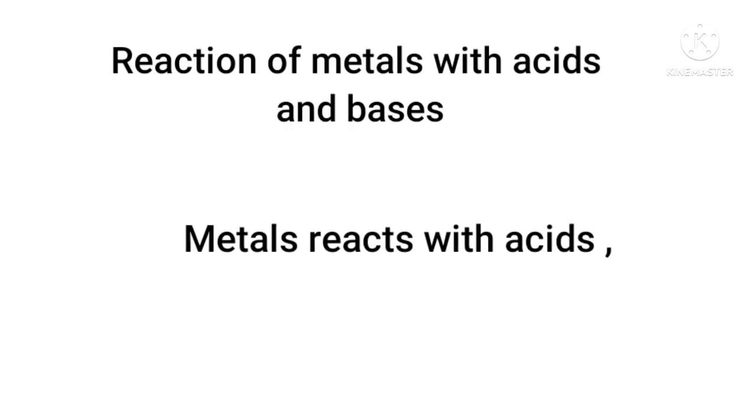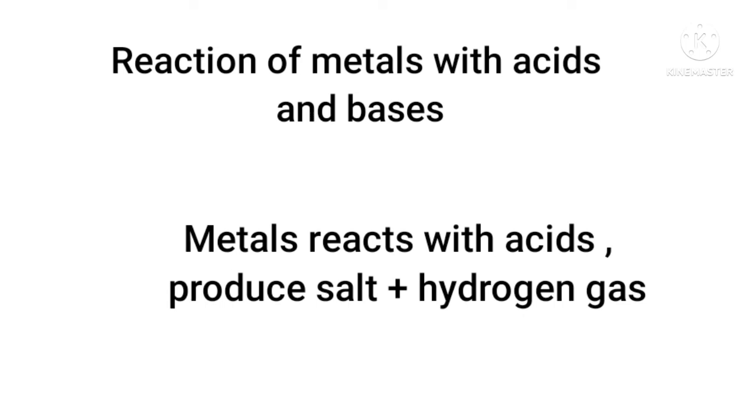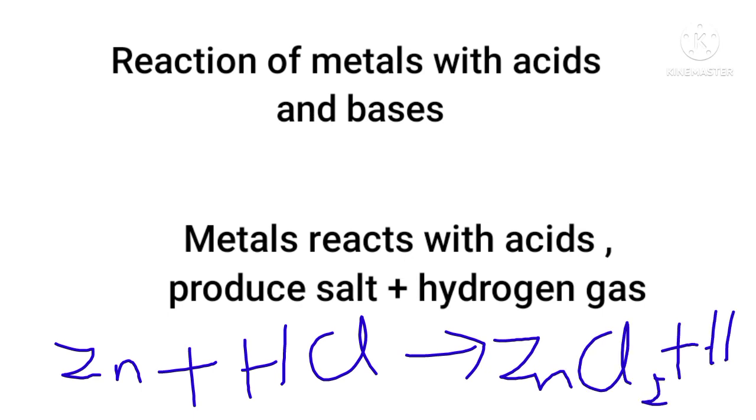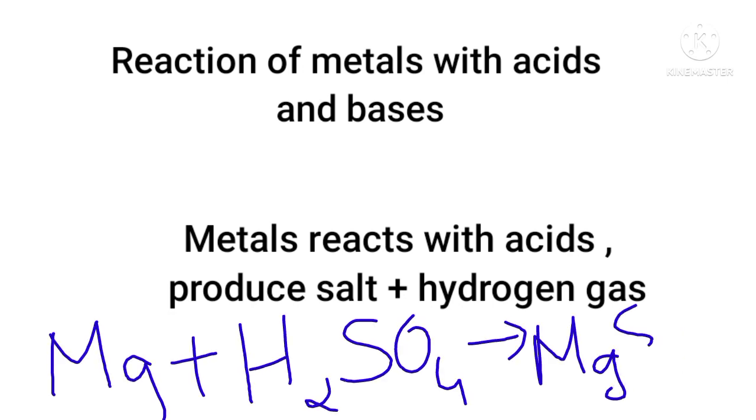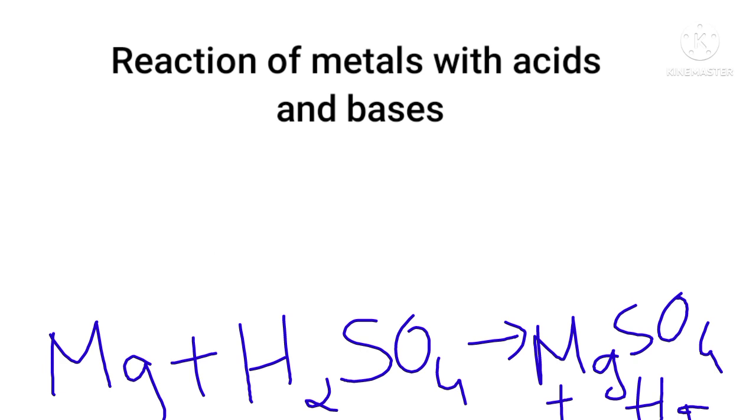Metals react with acids to form salt and hydrogen gas. For example, take the metal zinc plus hydrochloric acid. Put zinc metal in hydrochloric acid, we'll get zinc chloride and hydrogen gas will be liberated. Take one more example, magnesium plus H2SO4. Magnesium is a metal, H2SO4 is sulfuric acid. When you add magnesium ribbon into sulfuric acid, it gives rise to magnesium sulfate, that is salt, plus hydrogen gas